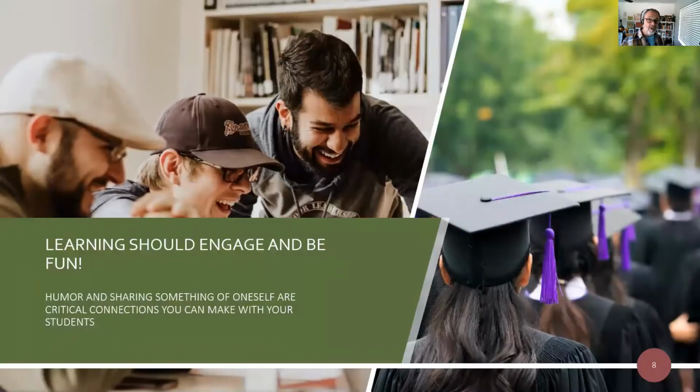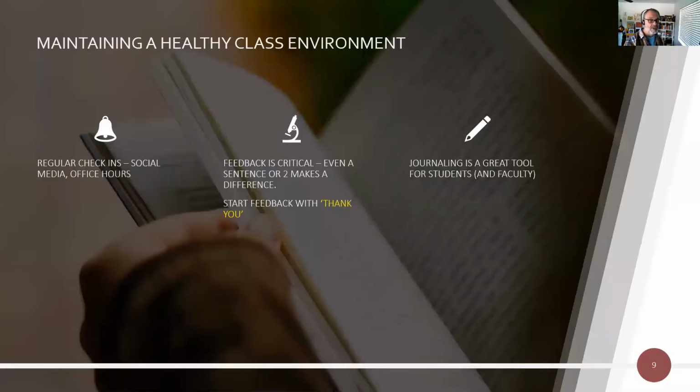So learning should engage. It should be fun. My personality is such that I like using humor. I like sharing anecdotes. I'm certainly a strong believer that stories are a great methodology for teaching and learning. So in this virtual space of Zoom and others now that we're working in, make sure we don't lose that. Give some connectivity. For example, you're letting the students into your home. So be mindful of that. Obviously, you've got to keep a boundary to an extent, but make it personal.